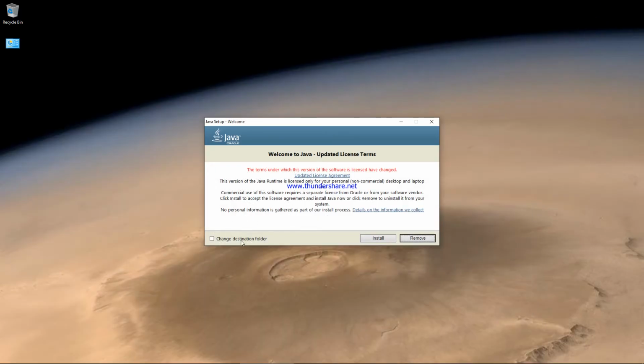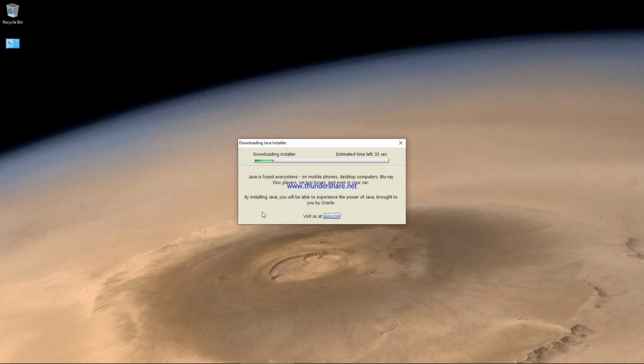This is the welcome window. We're not going to change the destination folder. We're going to change as little as possible just to speed it up. The installation process takes just a couple of minutes longer, but it's still not a very long process. And while we're waiting for this, I'll explain the point of adding it to the system path, which is what